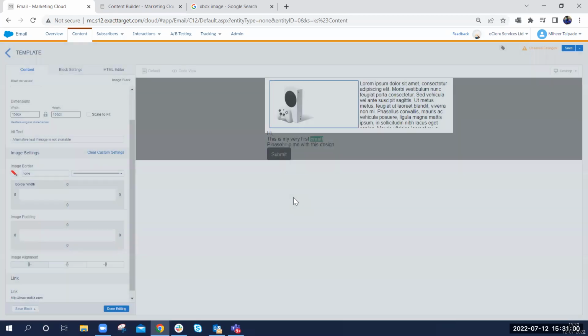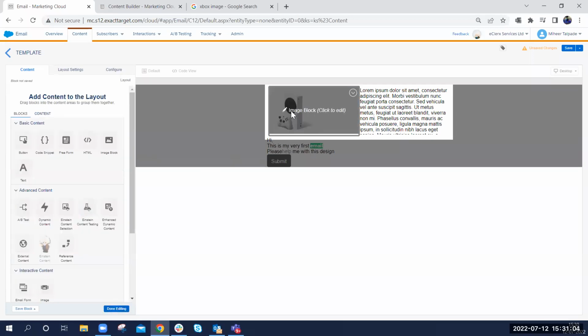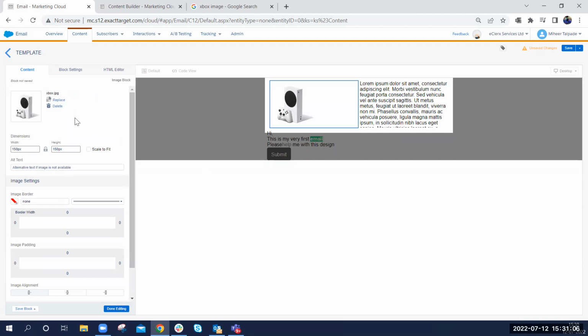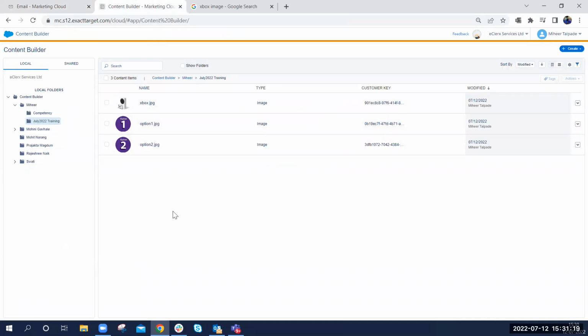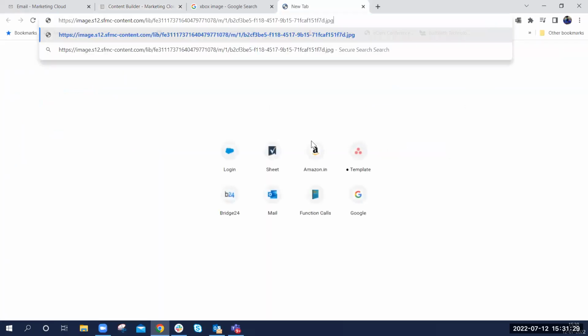So I can do all this by selecting the image directly, by using the browse option. Also, I can use an image from any DAM. If I get the URL, I can use it. Now, even this is like a DAM, right? So this will also have its own URL. If you come here and copy the published URL, and put it here,